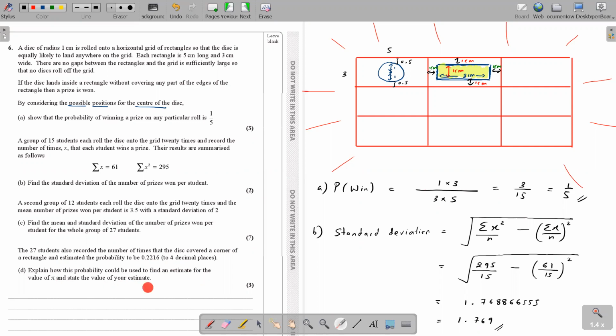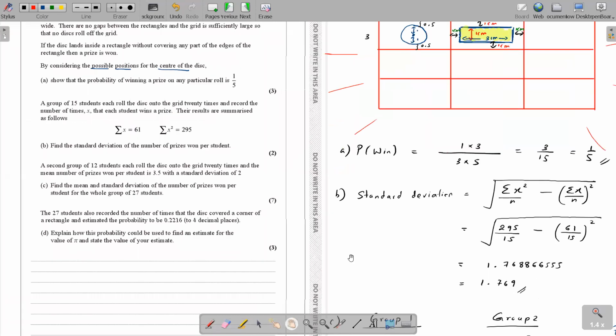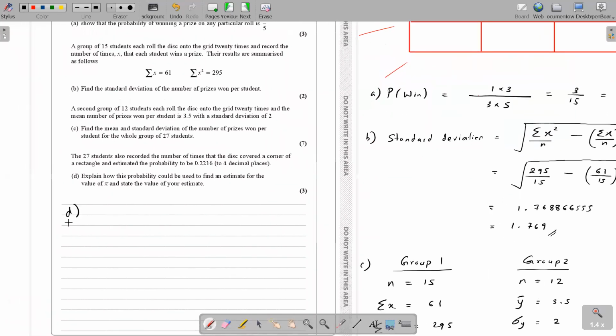Okay. So what are we talking about now here? We are talking about the chance of what? The probability of what? The disc covering a corner. So now again think from the center. Take one rectangle into your consideration, and think how a circle will cover a corner. Okay, so you need this corner to be covered.